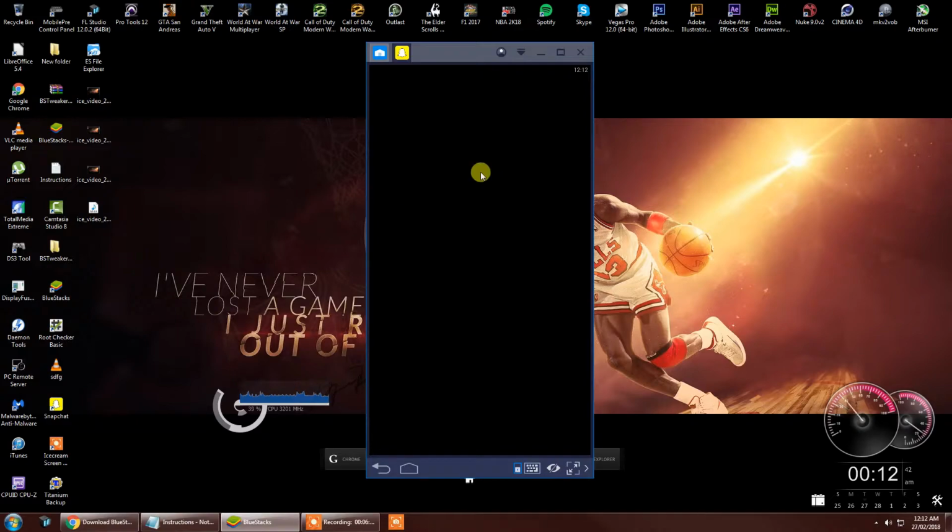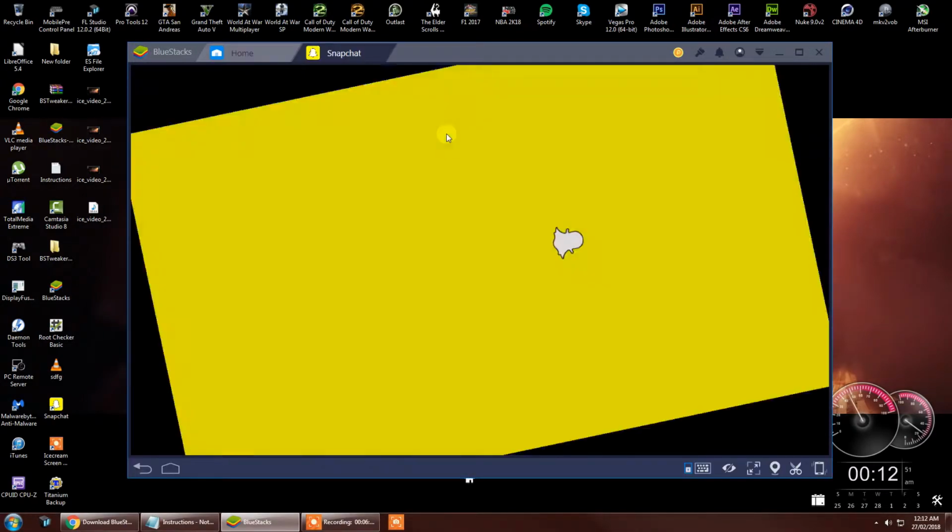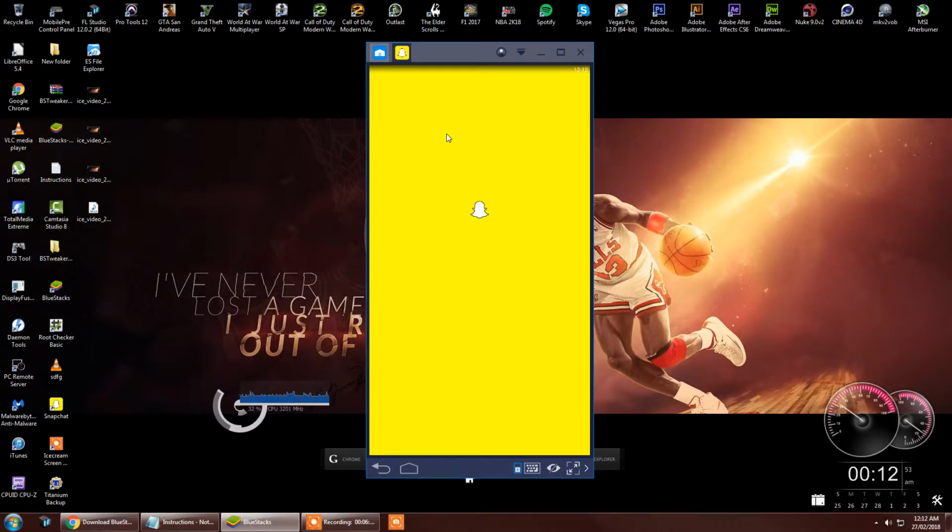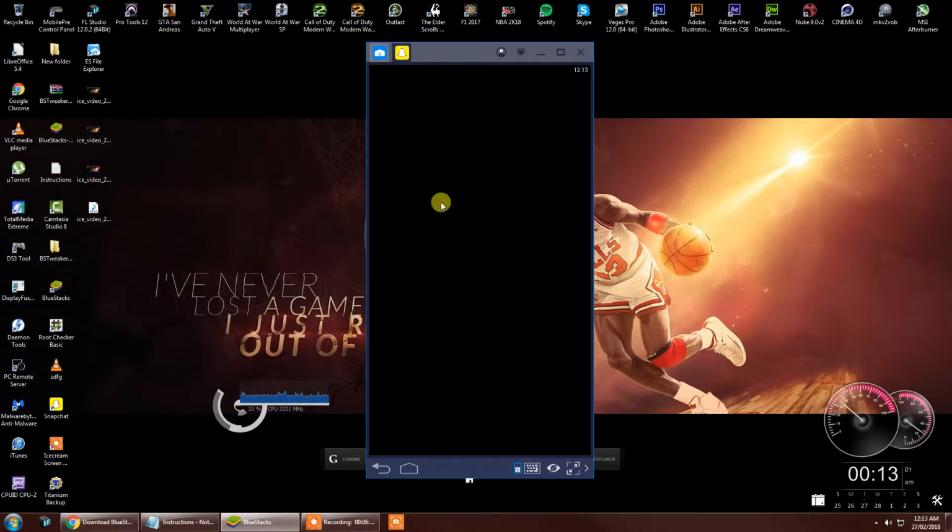Now that's not because I'm using a webcam, but for some reason it just does this. So what you need to do is just keep closing it, open up Snapchat until it loads, keep repeating the process until it actually loads, until you actually see this buttons down, and until you can actually see your profile. For some reason you need to actually do this, and you need to make sure that everything loads up because it won't work